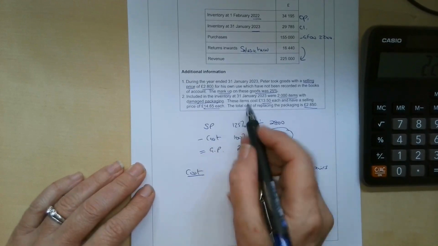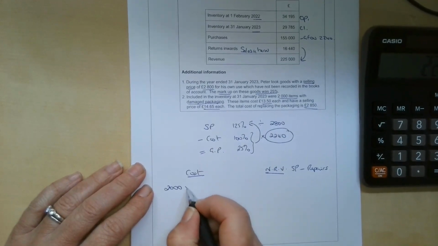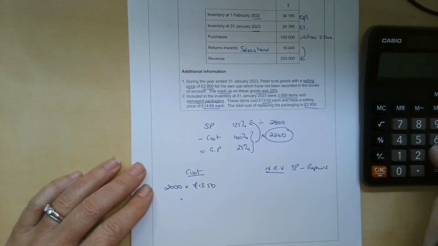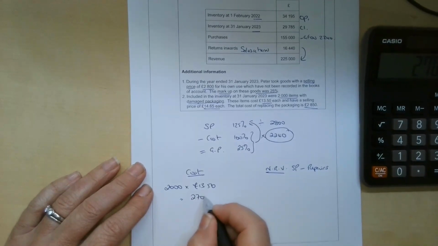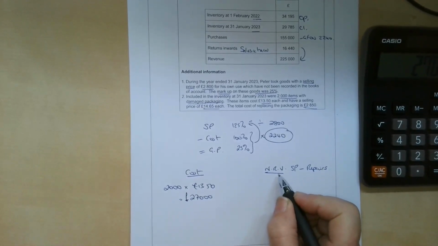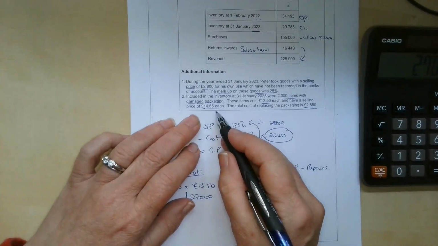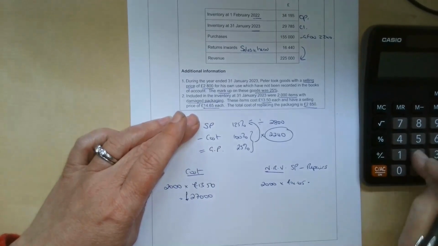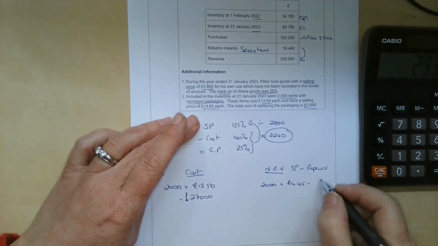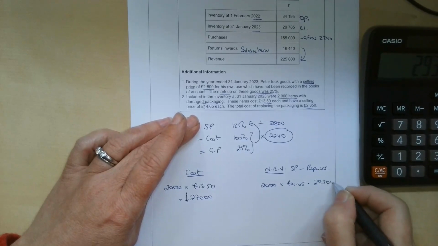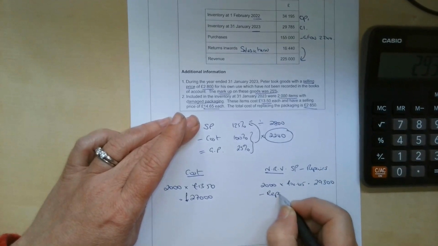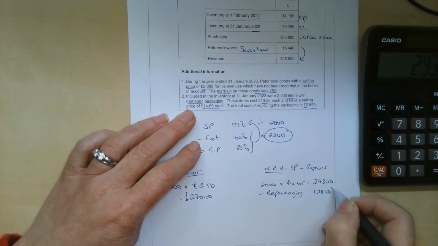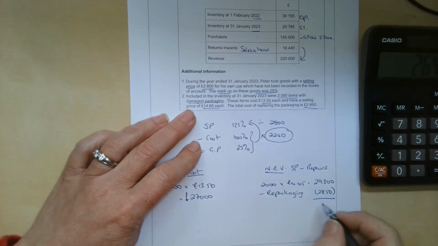So the cost is 2,000 items at £13.50. We're looking for the lower of these two figures. So 2,000 times £13.50 is £27,000. And we're comparing that with the net realisable value, which is what we can sell them for, which is 2,000 times £14.65, which is 29,300, but we've got to pay to get them repackaged. Repackaging costs is 2850. So our net realisable value, what we're going to be left with after we've paid out for that, is